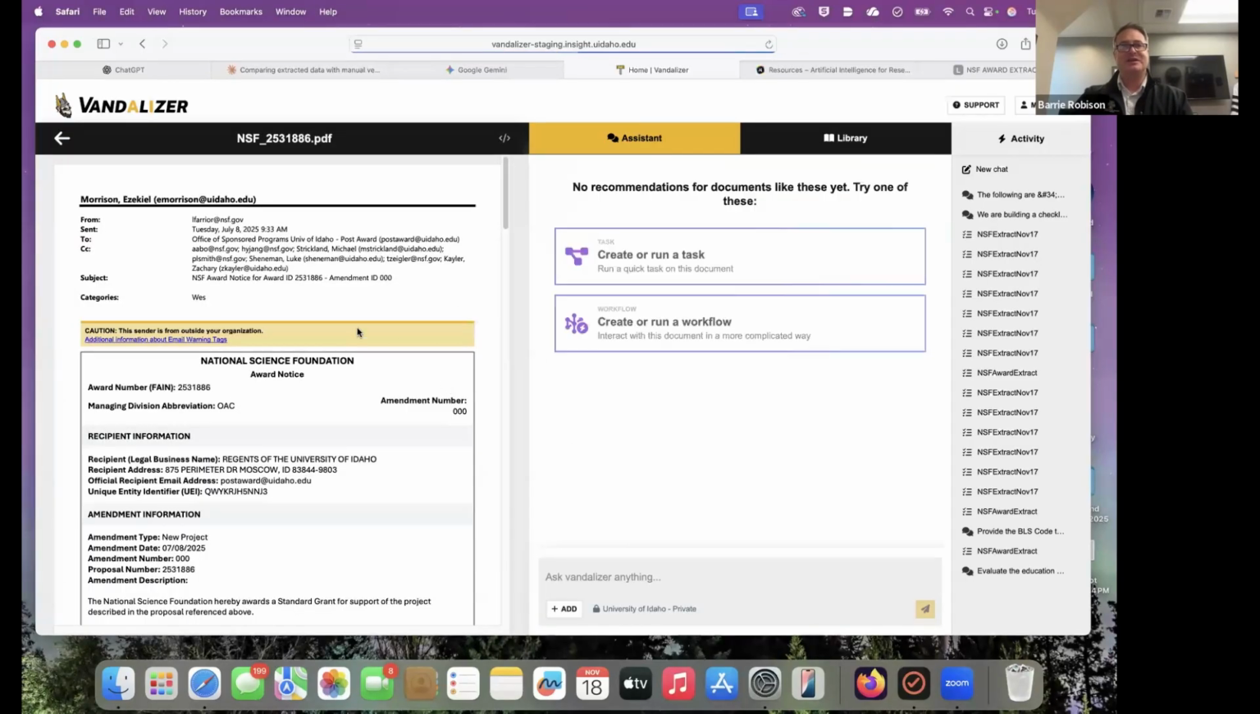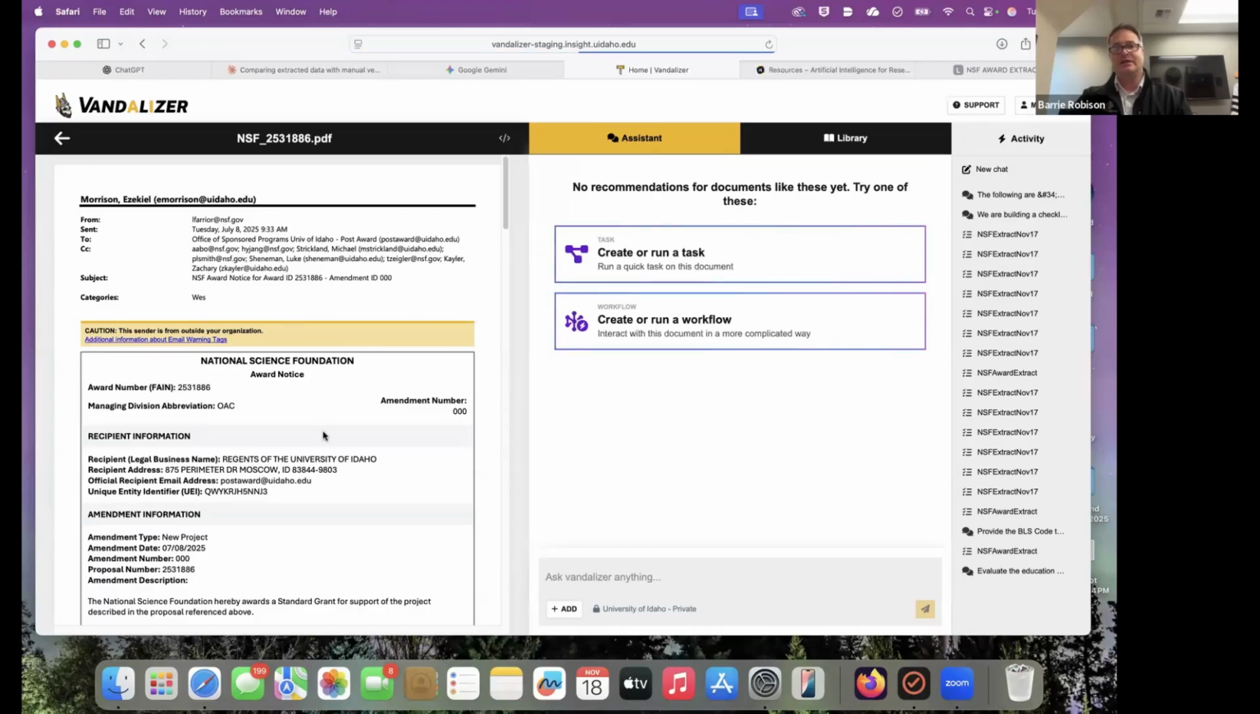This would be an example of an NSF award letter that I've already dragged in. I guess I could show you how to do that, but I'm worried about time. So this button right here still exists. Remember,